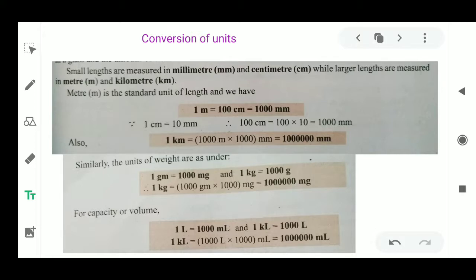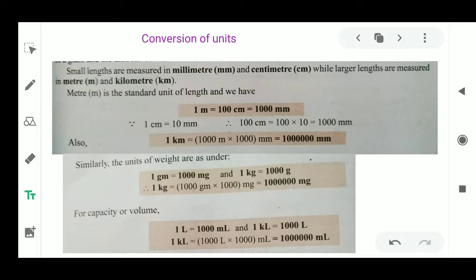I think you all have studied this in class fifth. I had given one tree for all these basic units for measuring length, volume, and weight. We have the tree like meter, kilometer, centimeter, like kg, gram, kilogram, and liter, milliliter, and all these things. Many of you already know. If you forget that, please go through your last year book and copy. You can revise from there also.